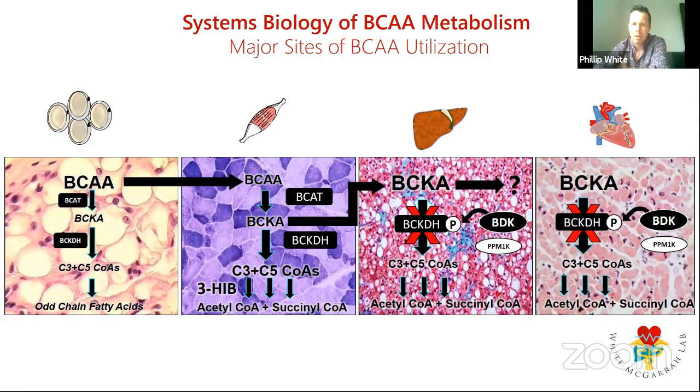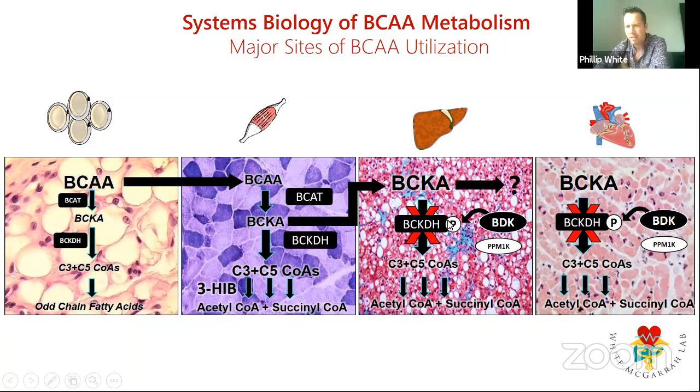And what we know about the liver, which is one of the primary sites of their oxidation systemically, is that in a situation of obesity, non-alcoholic fatty liver disease, diabetes, BCKDH, the enzyme that oxidizes them, gets hyperphosphorylated and turned off. So the liver no longer oxidizes them. And so you kind of lose the normal ratio of the keto acids to their branched-chain amino acids because the keto acids start to accumulate. And they accumulate within tissues, but they also accumulate within circulation.